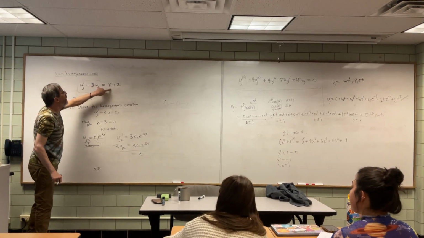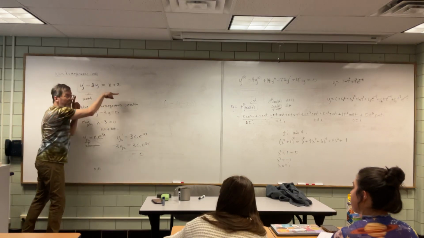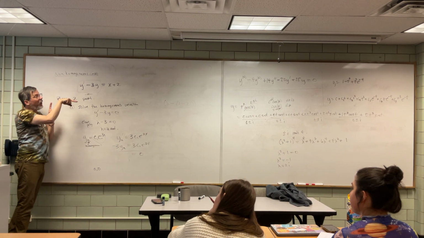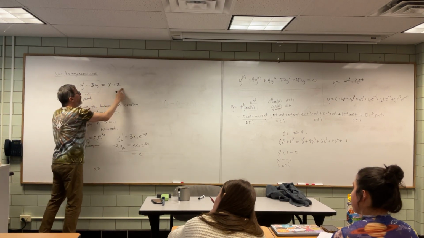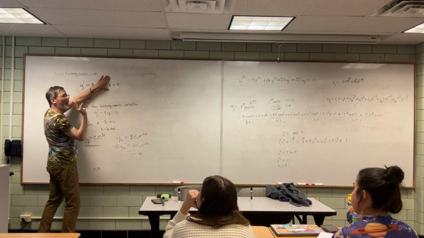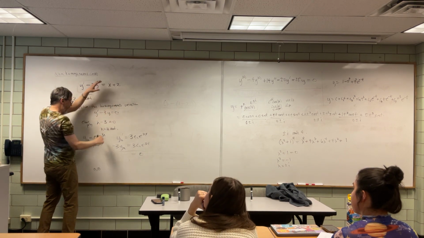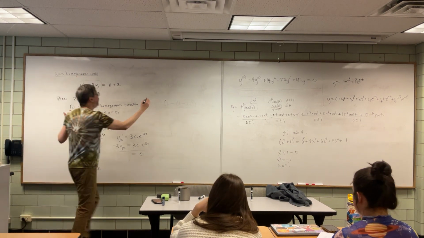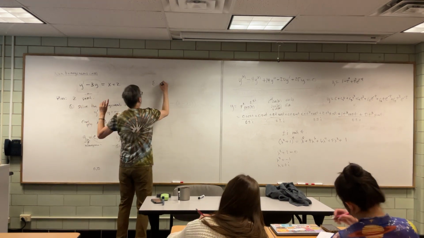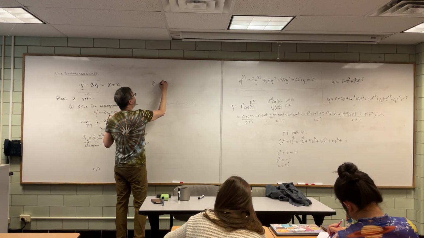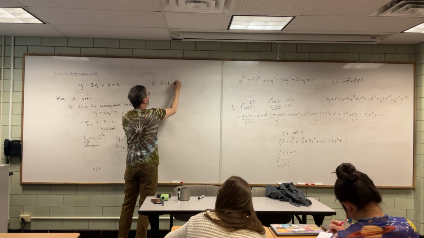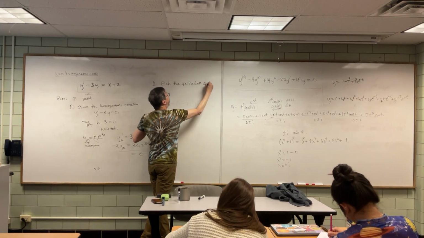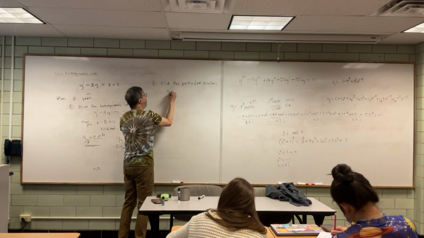What do I have to feed it so that it spits out x plus 2? That's what we need to figure out. So, now we come to the game we just played. The left-hand root was -3. We need to figure out what the right-hand root is, and this is step 2. Step 2 is we're going to find the particular solution. And this is called y sub p,